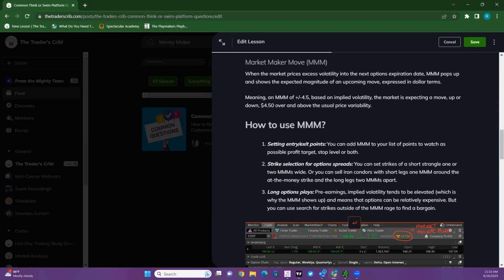And so with your short leg, let's not think of iron condor, let's just think of a vertical, because the iron condor is basically two verticals. So in a vertical situation, you're selling your short leg and you're buying a longer leg as insurance. So the short leg that you're selling is going to be 1 MMM around the at the money strike. So for instance, right now, if we look at SPY, it's plus or minus